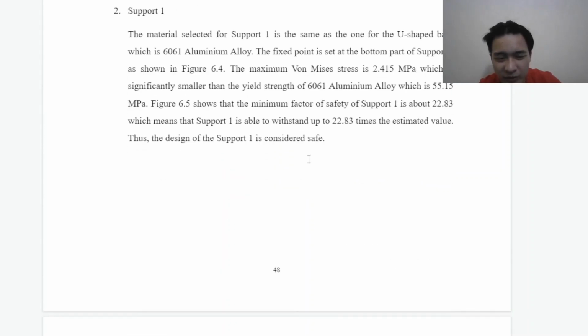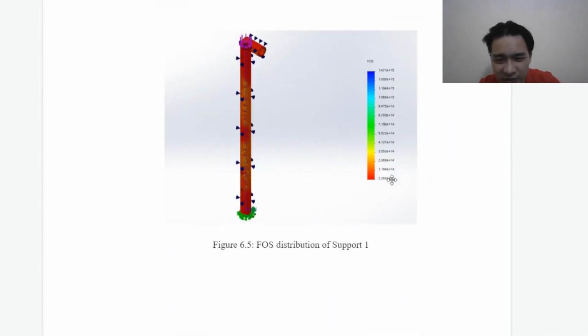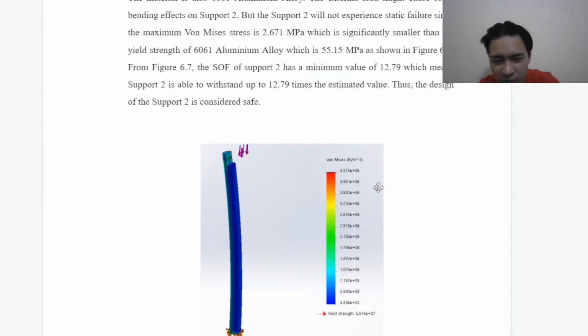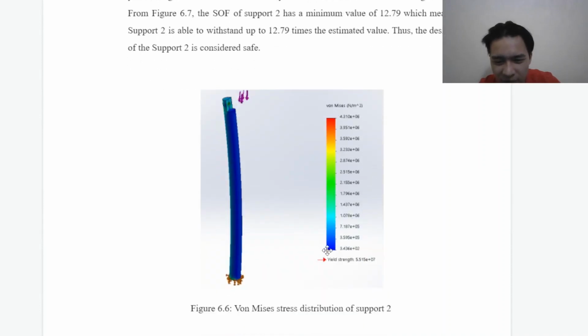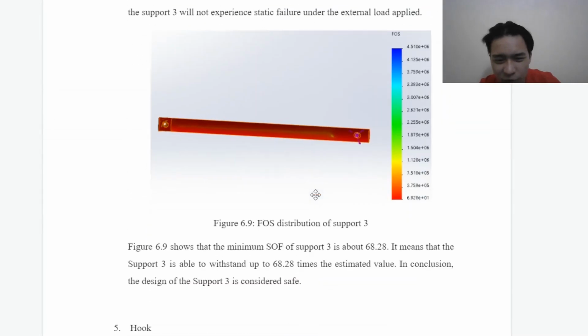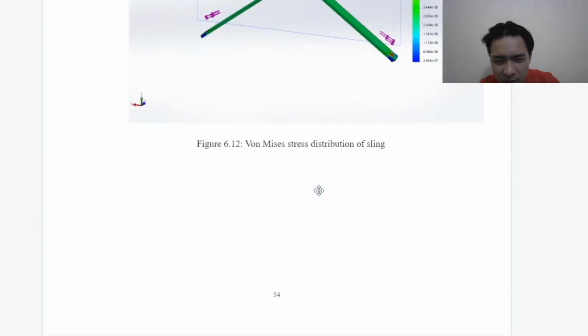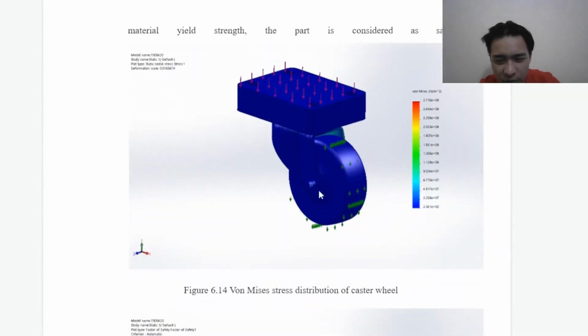Next, with support 1, the same thing: the stress on the material is lower than the yield strength, and the safety factor is more than 20. For support 2, the highest stress is also lower than the yield strength, and the factor of safety is also more than 10, which is 12. The same goes for support 3, our hook, our sling, caster wheel,